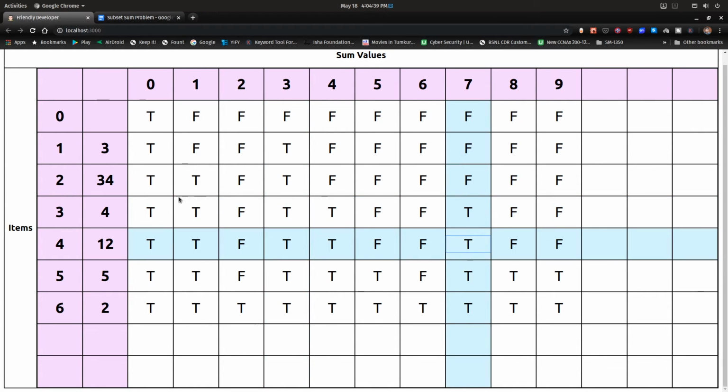Okay, so somewhere in some previous columns that will be present. So we can model this table filling algorithm in such a way that we just use two rows of array. We just need an array with only two rows and sum columns. That can reduce our space complexity to just big O of 2 into sum, that is big O of sum. And here, like before, we'll start by filling the table in the first row, and then we move on to the second row and fill the table by looking at the previous row.